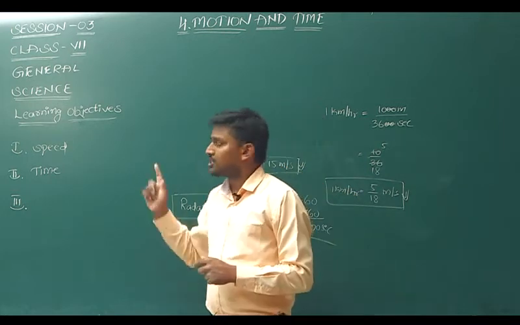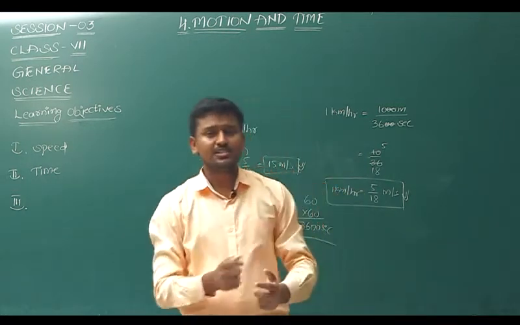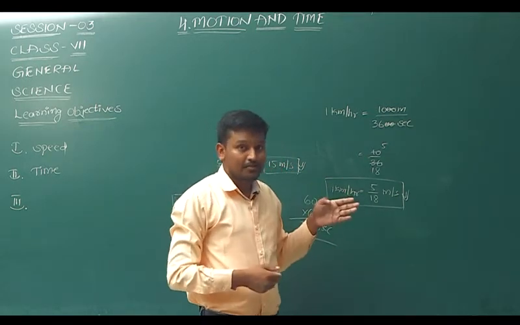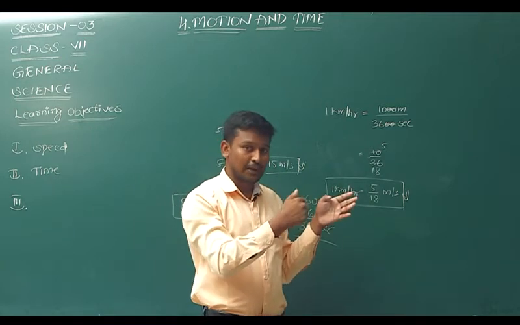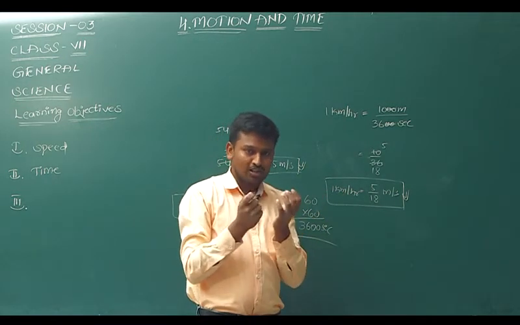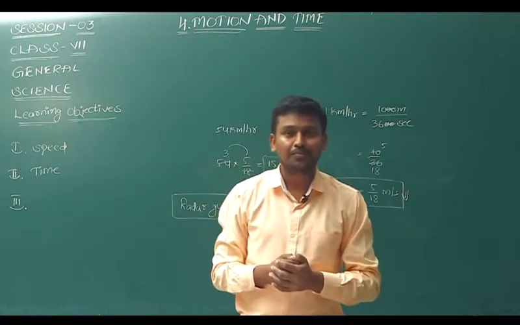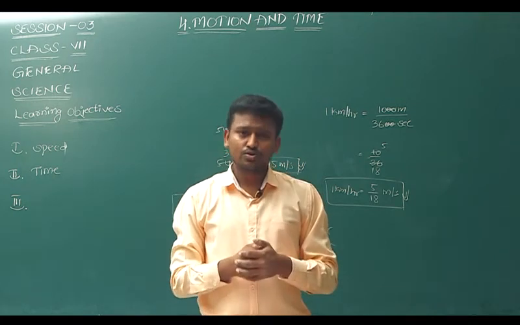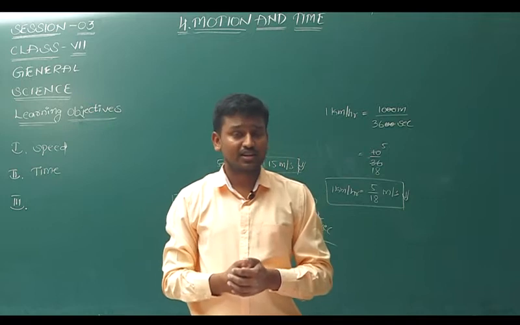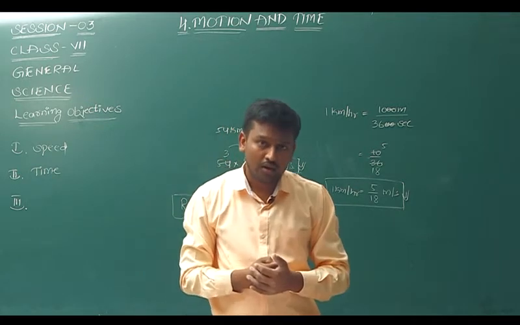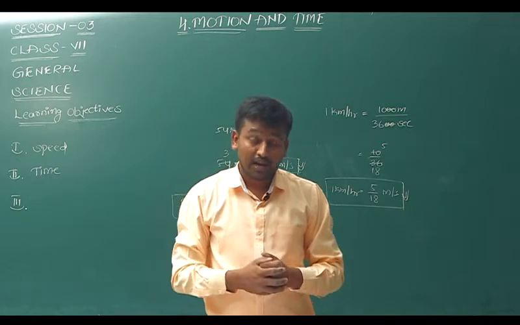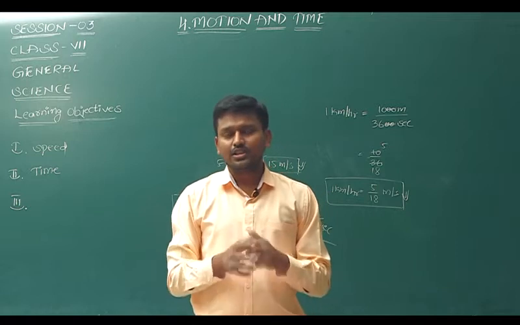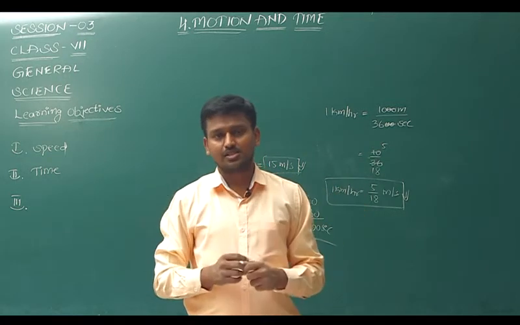So, we have seen speed, and now let us see time. Already in the speed formula, it is distance by time. In the formula itself we have seen distance by time. So, speed and time, the two are correlative. Yes, they are related words. In ancient times, they used some different methods to measure the time. For example, shadows of the sun, shadows of the moon, and they used a stick to measure the time. And even for alarms they used candles. Yes. So, in this way there were some different methods in previous days, but not now.